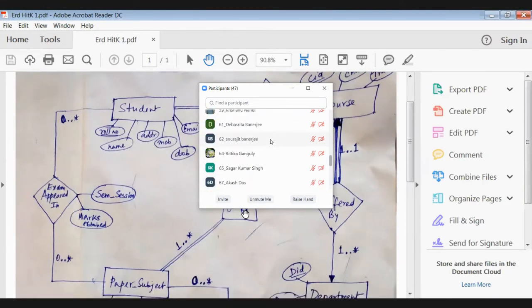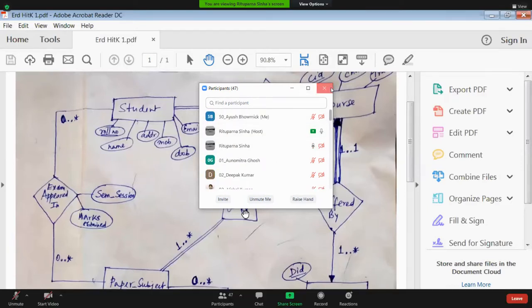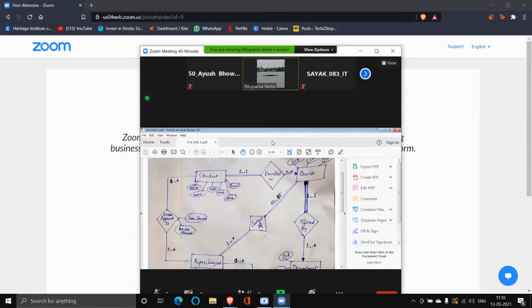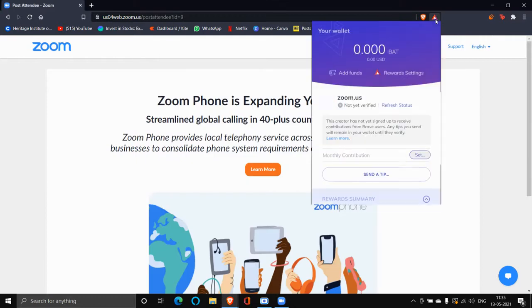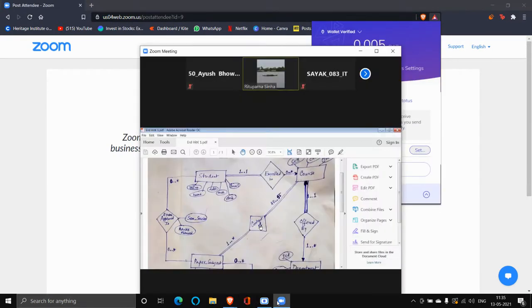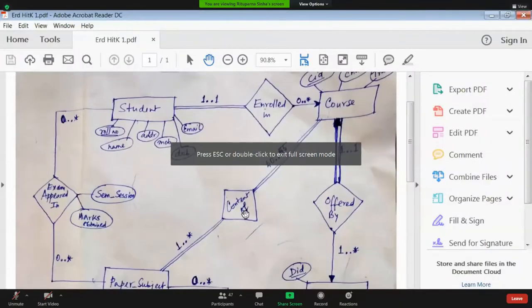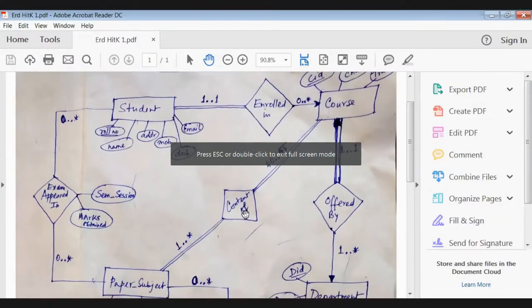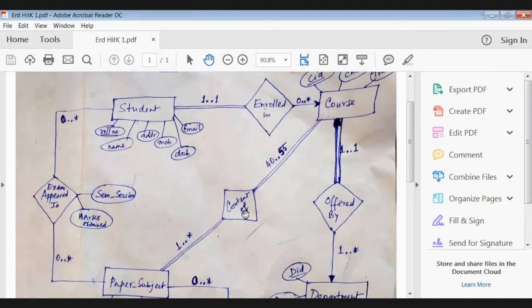Or the EC department, which would be a good example. The EC department has BTech in EC and MTech in VLSI. They also have MTech in Electronics and Communication. So these are the courses. And the department is what? The department is Electronics and Communication.